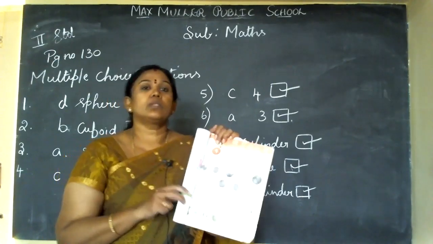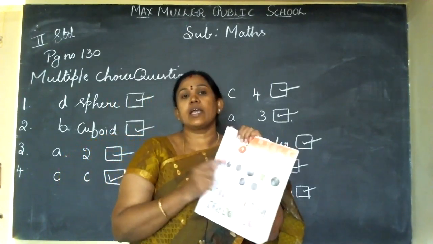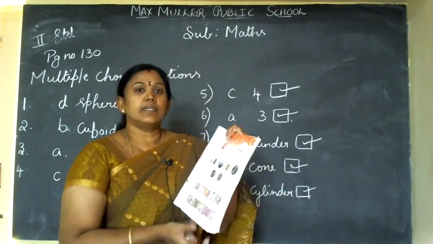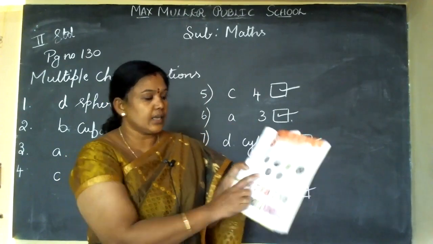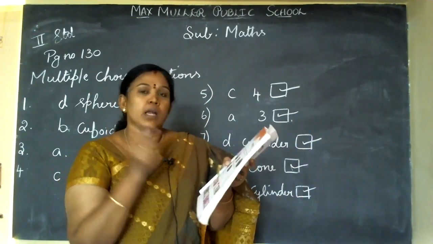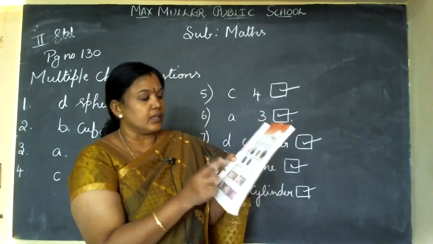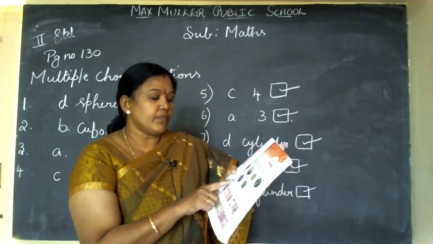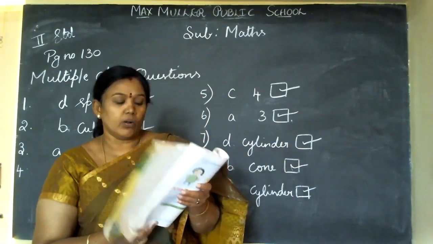Coins have two sides. You know, no children, coins have two sides. One side is called head and the other side is called tails. See the one side, take one coin, children, 1 rupee or 2 rupees. See the two sides. One side is head, another side is tail. Some of the common notes used are as follows.